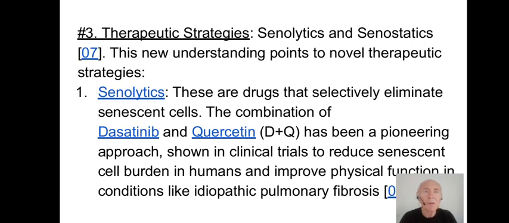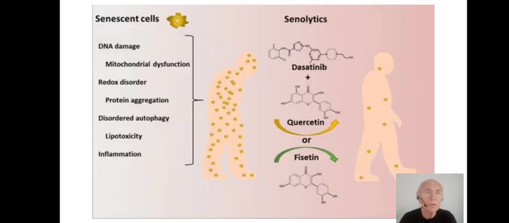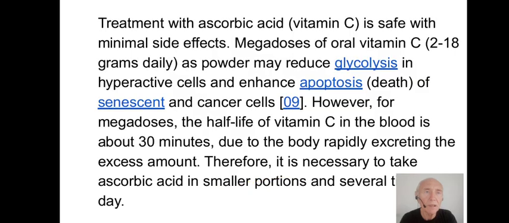But there is also a problem that senolytics don't work for all senescent cells, only in some tissues. So what we have is senescent cells, and with senolytics they are removed. Quercetin is safer than the combination of dasatinib and quercetin, but quercetin also doesn't kill all senescent cells, only in some tissues. But okay, we don't have anything better now.